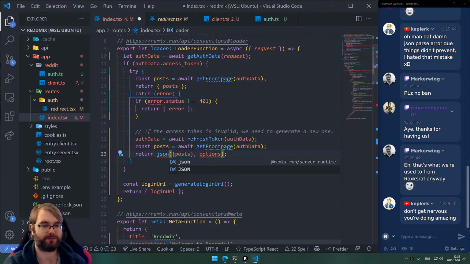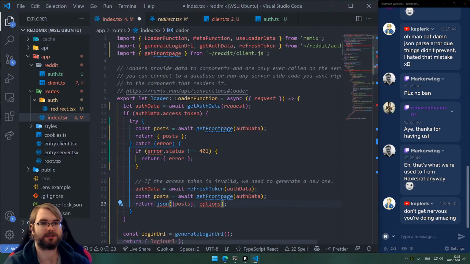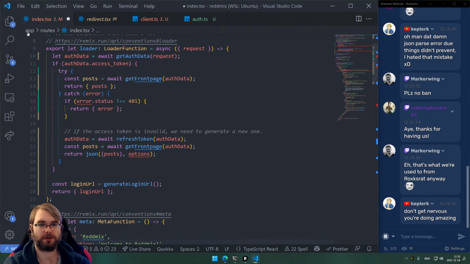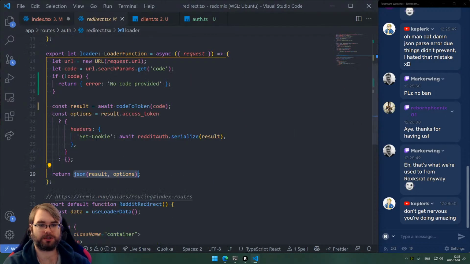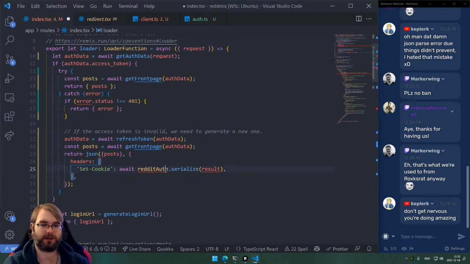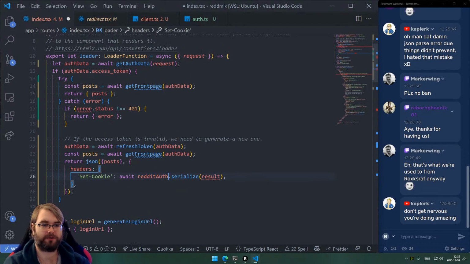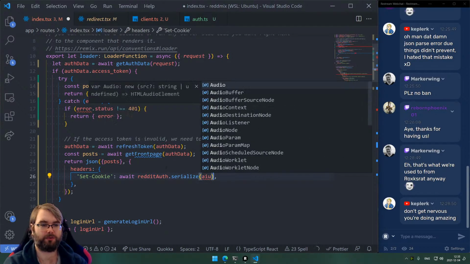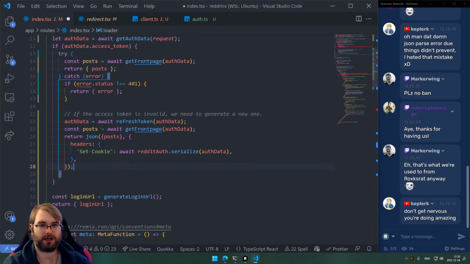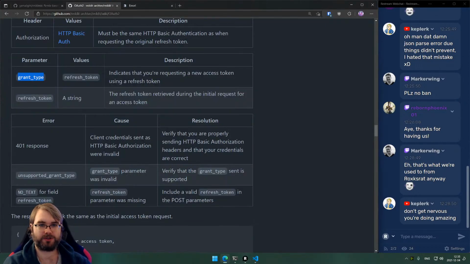So JSON is going to be imported from Remix, right? I believe it's just from here. Okay. And then options is going to be this thing. So basically do a header, set cookie, and we update our Reddit auth with the auth data. So that will refresh our data. All right. And if I didn't screw anything up, we should now